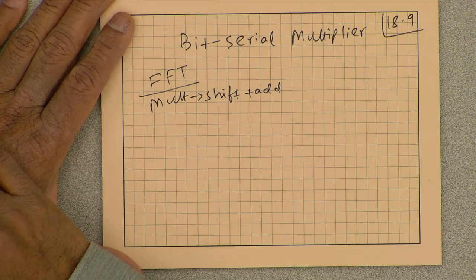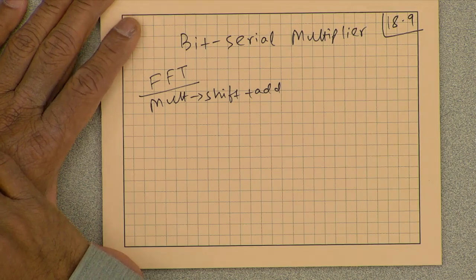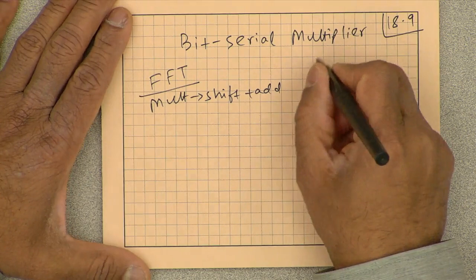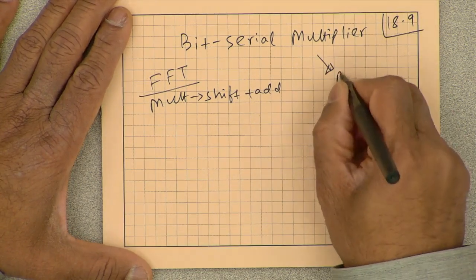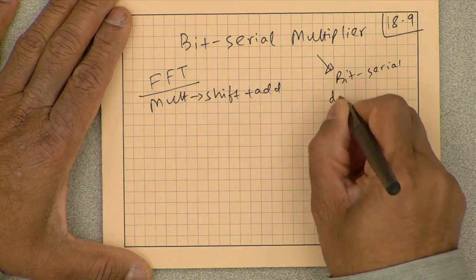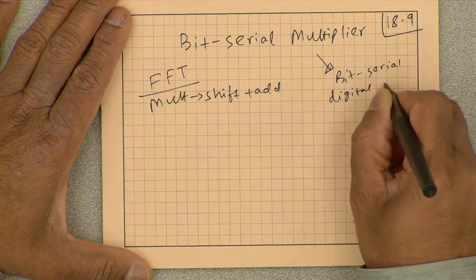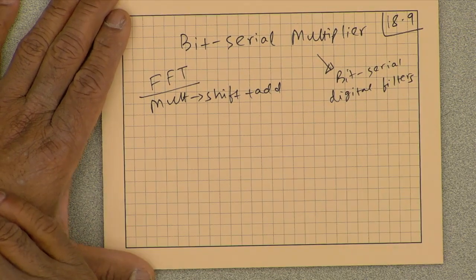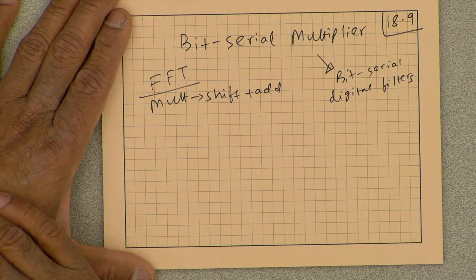One way to implement these using fewer parts and circuits is, instead of implementing parallel multipliers, to implement bit serial multipliers. Primarily at Bell Labs, there was a lot of interest in bit serial digital filters, and a lot of the digital filters that we have talked about in the class were implemented using bit serial